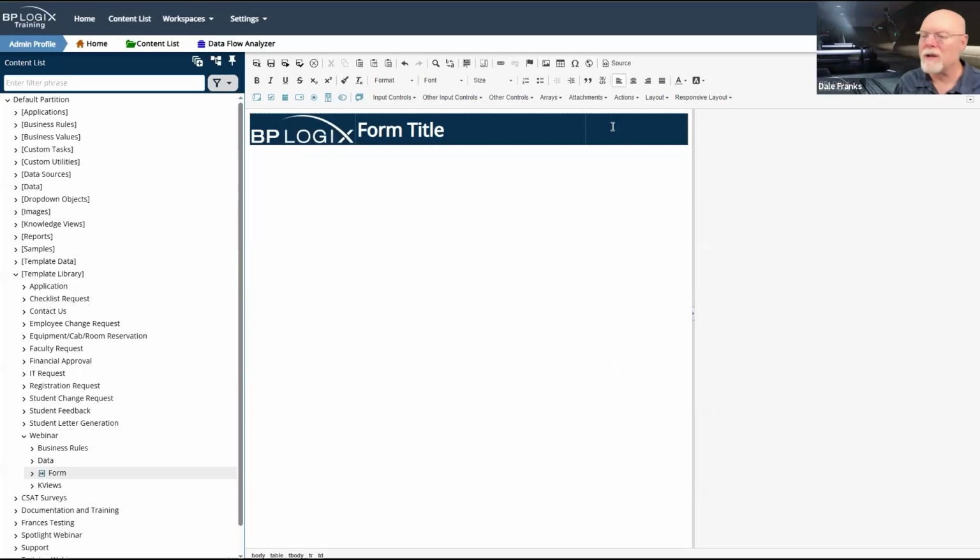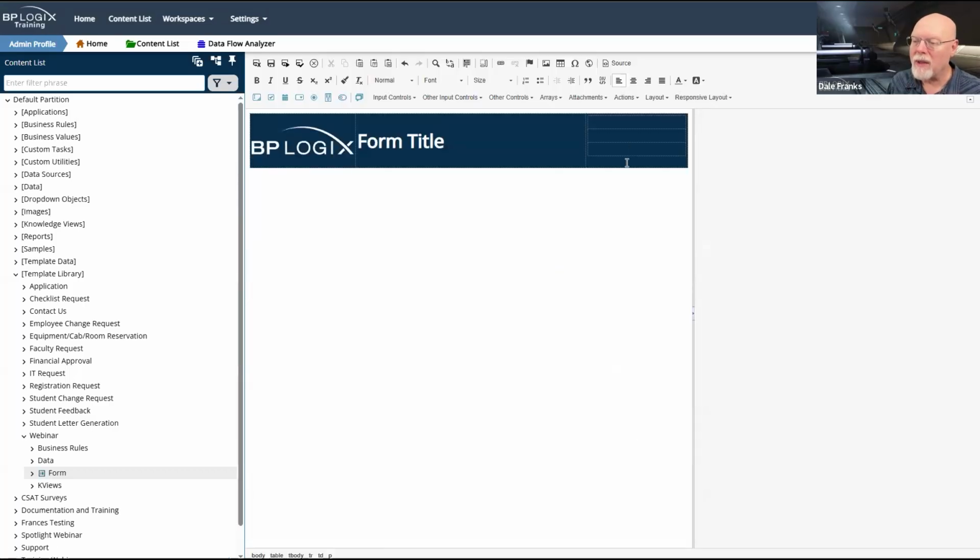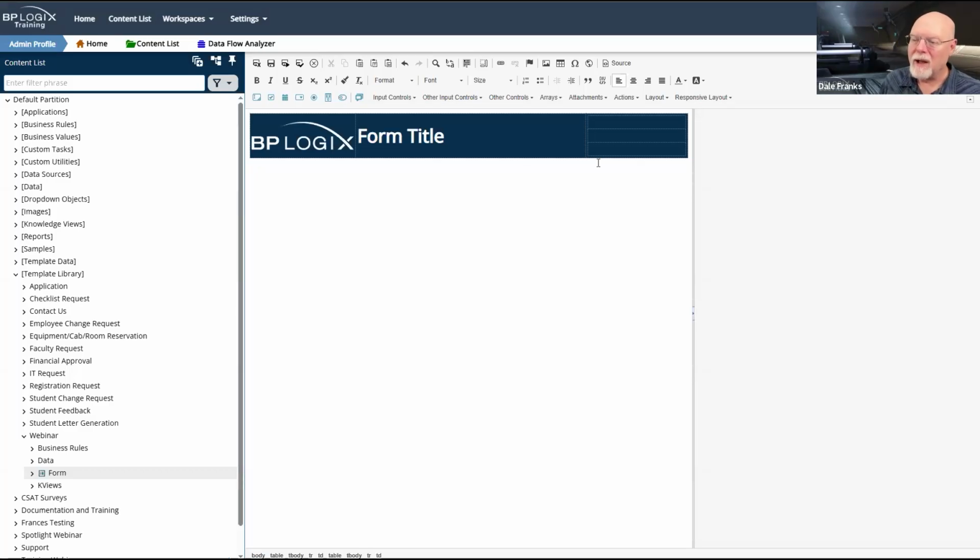And what I'll do is I'll insert a separate table in here. And we'll give it 3 rows and 1 column. And we'll just insert that right there. Now I've got this extra space there that I want to get rid of. So it's hard to see because of the coloring, but I'm just going to double click on that blank line and hit delete so that now I just have these 3 rows here.